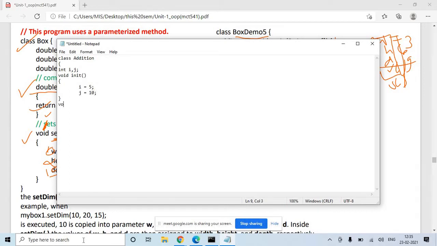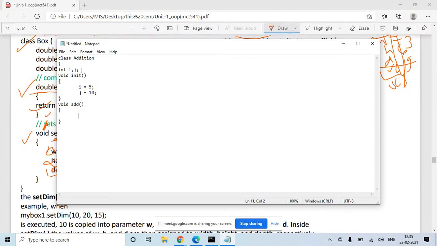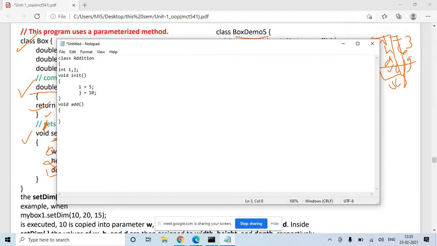Then suppose you want to perform addition, void add, to perform the addition. You want to, let's say, have another variable to store the addition, so you have created another variable answer. So you can write answer is equal to i plus j, perform the addition of the two integer variables and store the result in the answer variable.